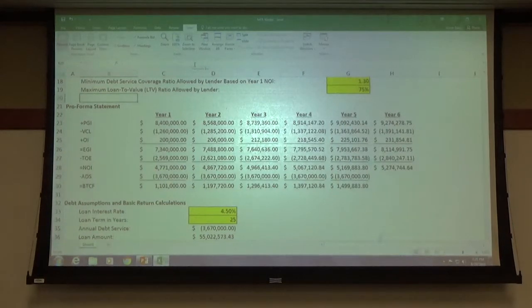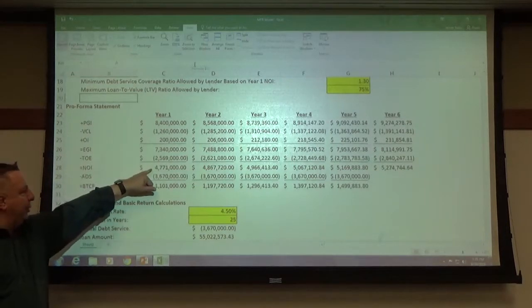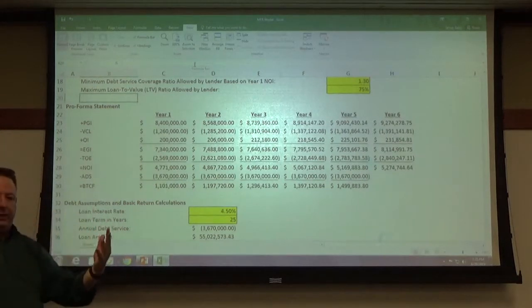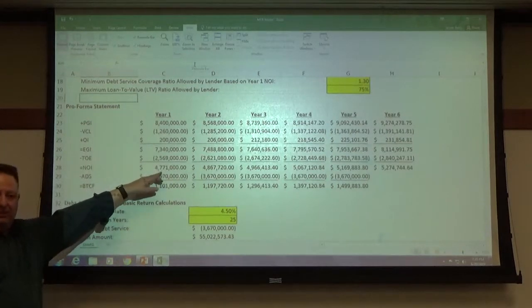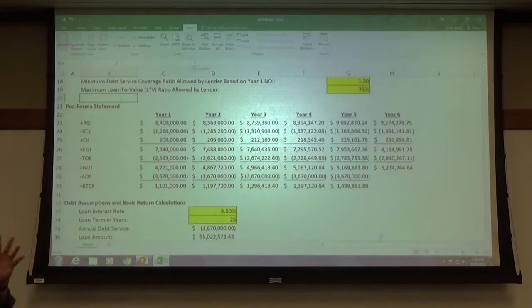Okay, so what the lender is saying is, you've made all these wonderful assumptions, and they're hopefully accurate assumptions, but we still don't trust you, okay? And so we know that even if all of your assumptions are correct, the maximum money that you have available to pay us in terms of a mortgage would be this $4.7 million. That's the maximum money that you have available.